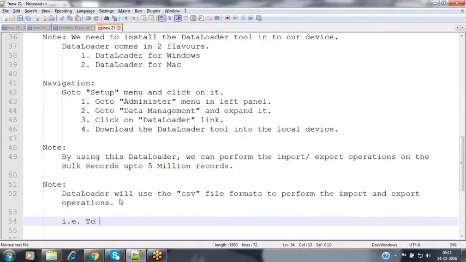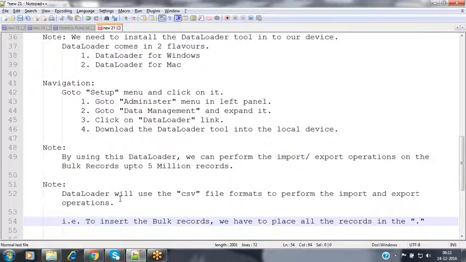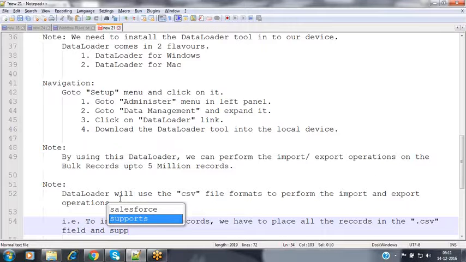That is, to insert the bulk records, we have to place all the records in a .csv file, nothing but a comma separated value file, and supply the .csv file as the input to the data loader.